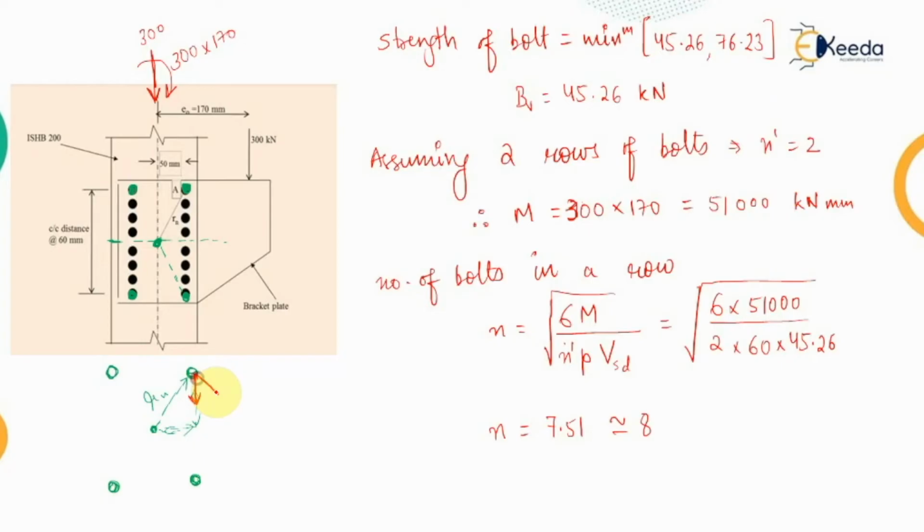Now corresponding to the first bolt, this will be the direction of the moment. Therefore this will be the direction of the force caused by this moment. Similarly, for the bottom bolt, the direct shear force will be in this direction, while the resultant will be in this direction. Similarly, at the other bolt, this will be the direction of the direct shear, while the reaction because of the moment will be in this direction. And for the last bolt, it will be in this direction and the reaction will be in this direction. So as we can see, these 2 bolts are eliminated because the angle between them is very large.